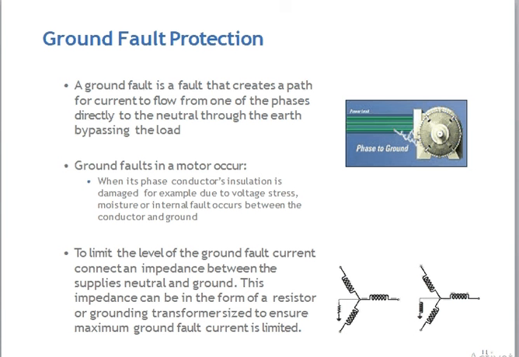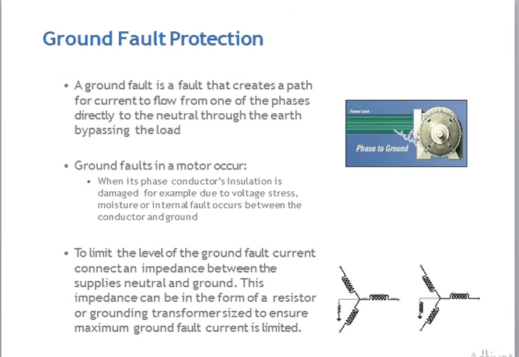We need to protect it. It occurs when the phase conductor's insulation is damaged, for example due to voltage stress from moisture, or an internal fault occurs between the conductor and ground. These are the causes.